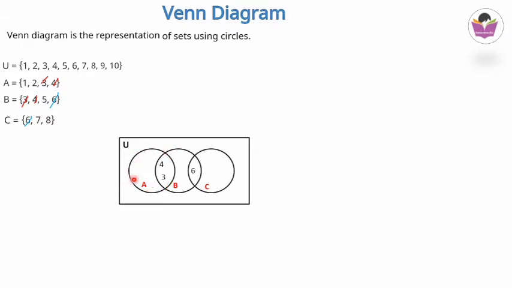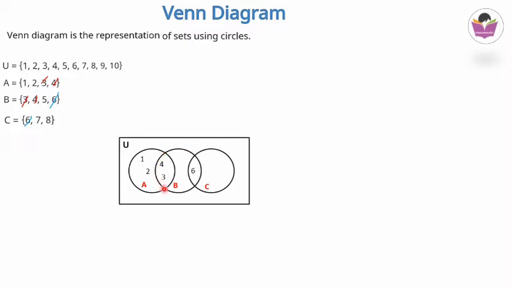When you check the first circle, this is the first circle A, and here 4 and 3 we have already marked. So when you check here, 3 and 4 we have already cut, and 1 and 2 are balanced. So let's mark 1 and 2 here. If you mark inside, it will be there for B also, but B is not having that 1 and 2. So we have to mark only A. So 1 and 2 we have marked.